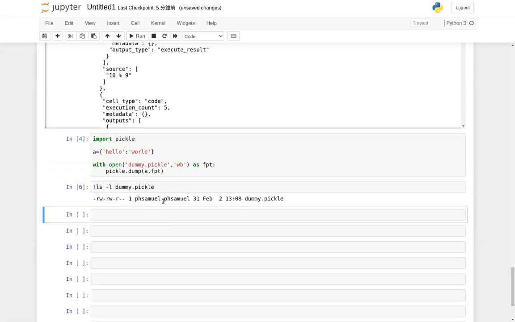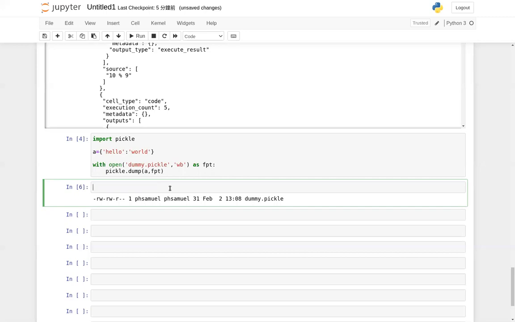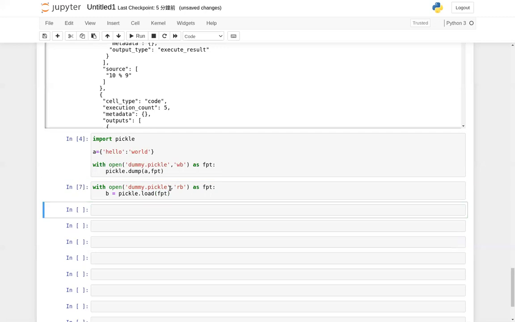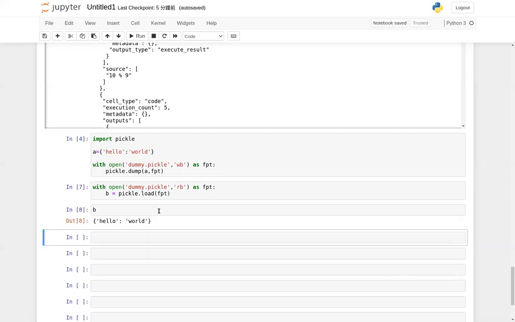It's 31 bytes, I guess. And I can load this back. Maybe I save it into a new variable. Then I have B, which is the dictionary. So B and A, by the way,